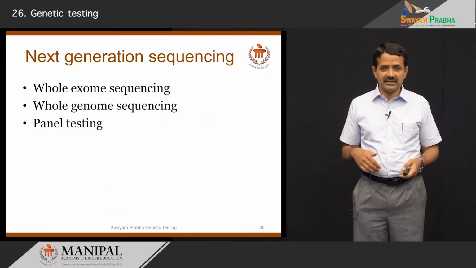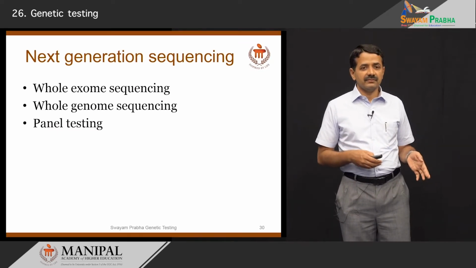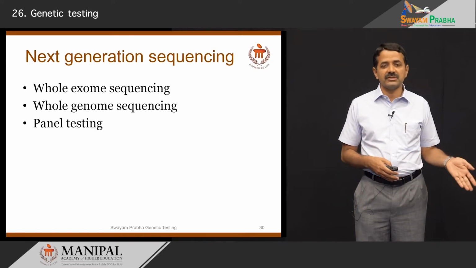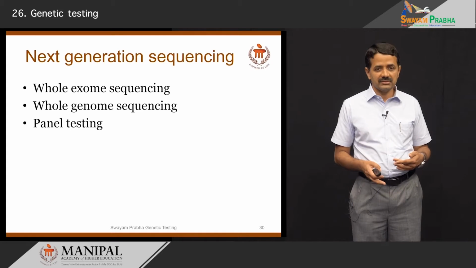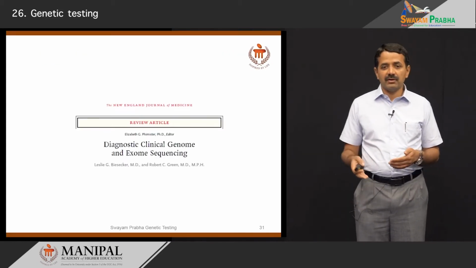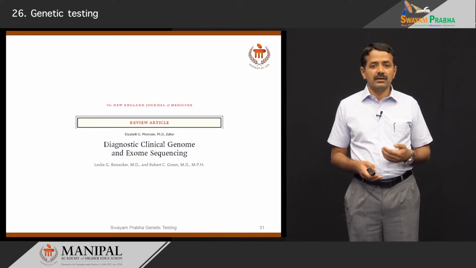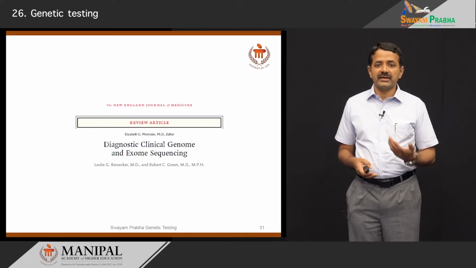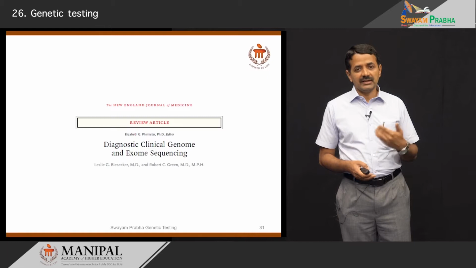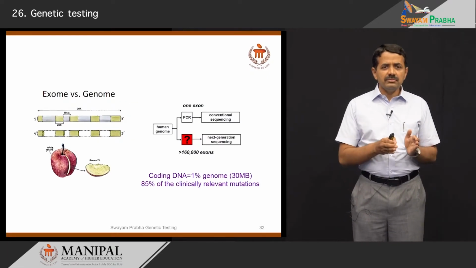the sequence variation. We now have something called next generation sequencing, which the most widely used test is whole exome sequencing, followed by whole genome sequencing and panel testing for specific indications. I would recommend this article by Leslie Biesecker, how diagnostic clinical genome and exome sequencing can be done, what are the indications. This is entirely a dedicated section, but I would like to just show you exome is, as we